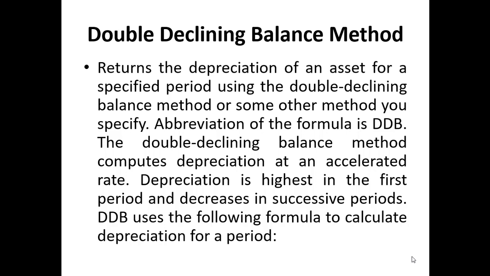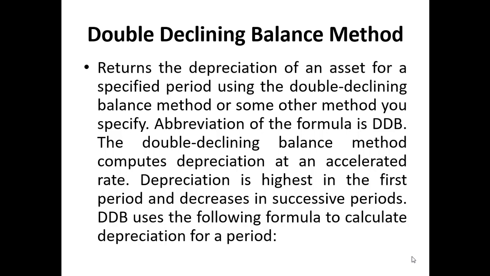Under the double declining balance method, the rate is going to be doubled. Say, if you compute the rate under the straight line method for a particular scenario and it is 10%, then under the double declining balance method that rate is going to be doubled and the depreciation rate is going to be 20%. If you want to make it 3 times, it's going to be 30%. Likewise,